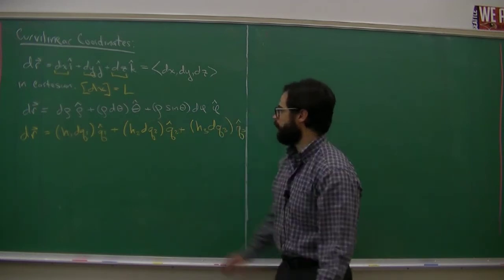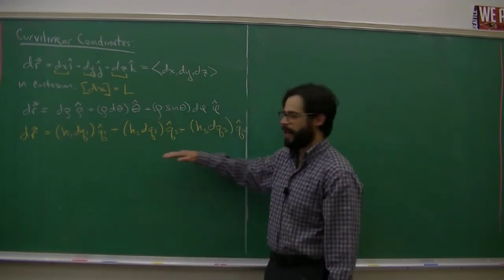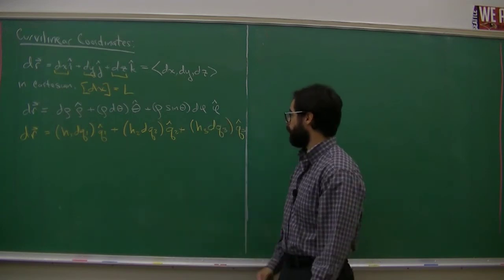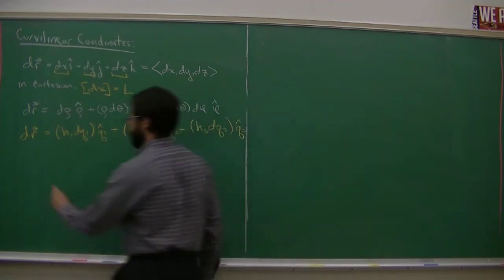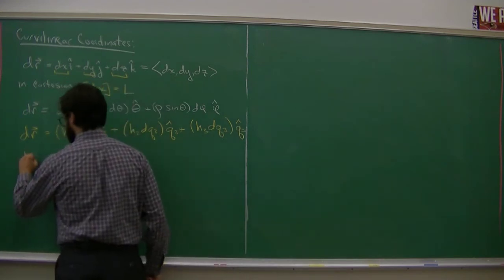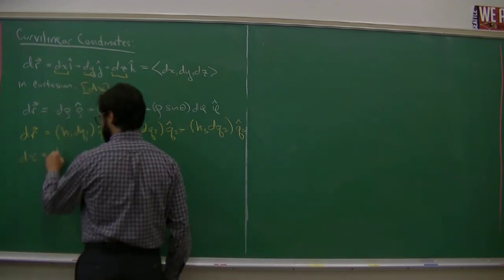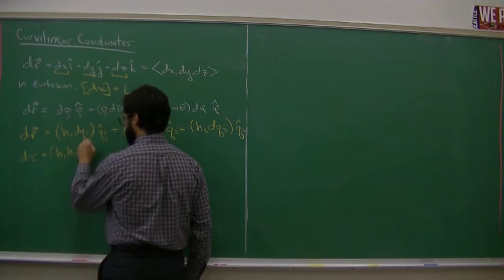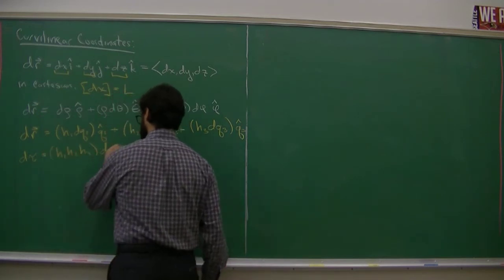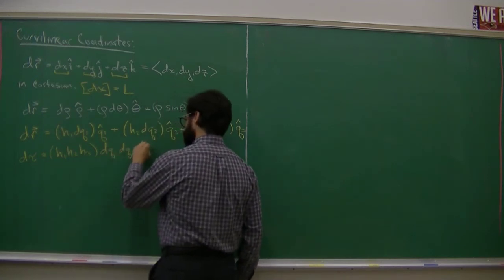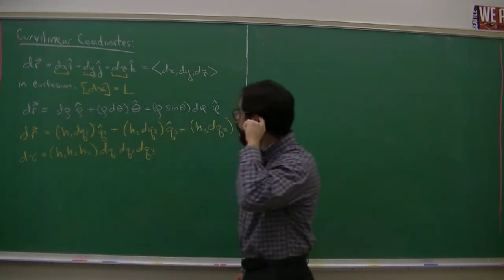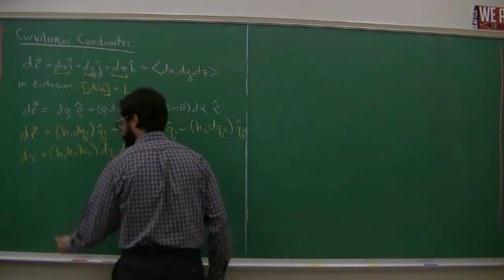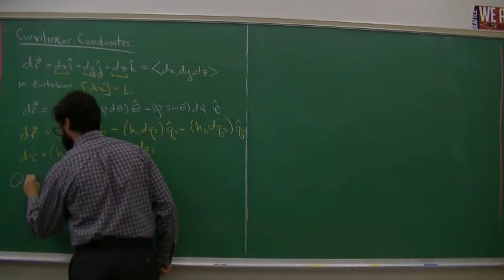Okay? So this is the most generic thing that we can write for any orthogonal coordinate system, so any set of mutually orthogonal coordinates. And then in that notation, we have things like, I'll just write d tau. D tau would be h1 times h2 times h3, dq1, dq2, dq3. Okay, so you're tempted to just kind of run with this, and I'll write this as a question